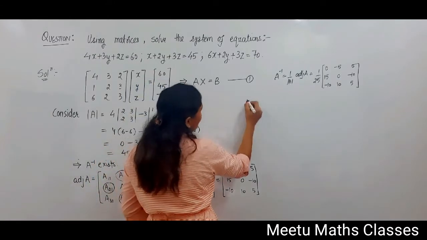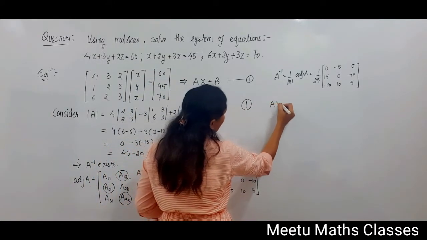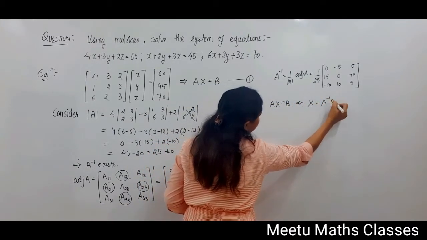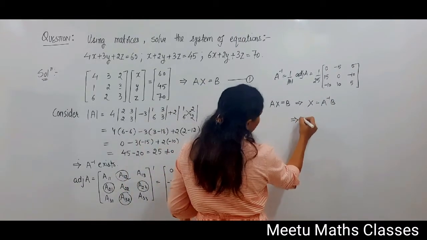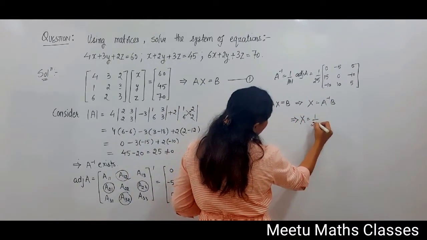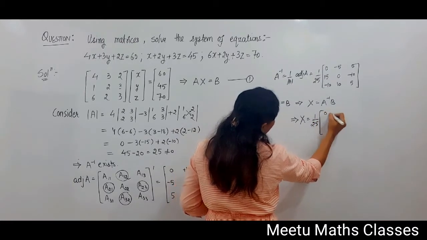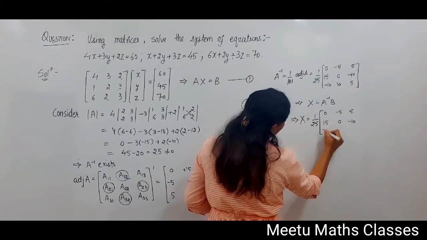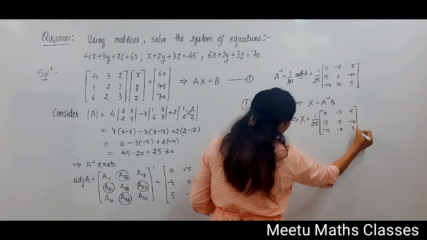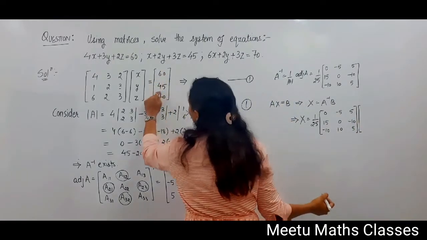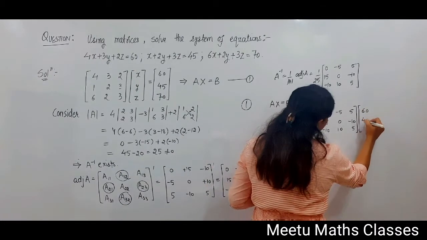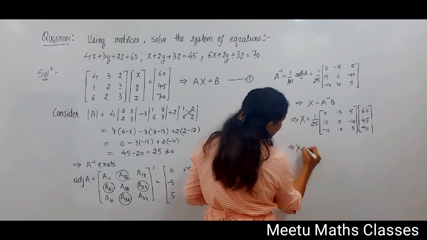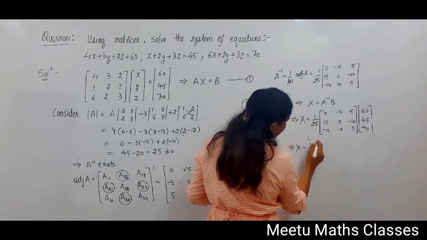Now using equation 1 we can rewrite our equation as X is equal to A inverse B. So X will come out as A inverse into B, and your B matrix is 60, 45 and 70, and this is equal to 1 upon 25